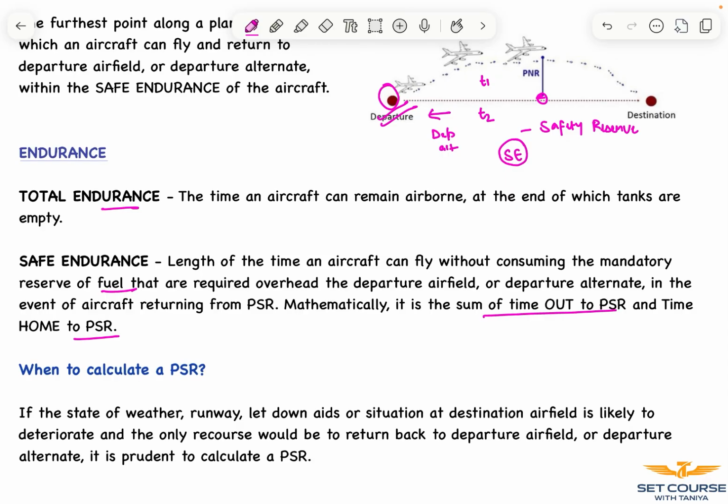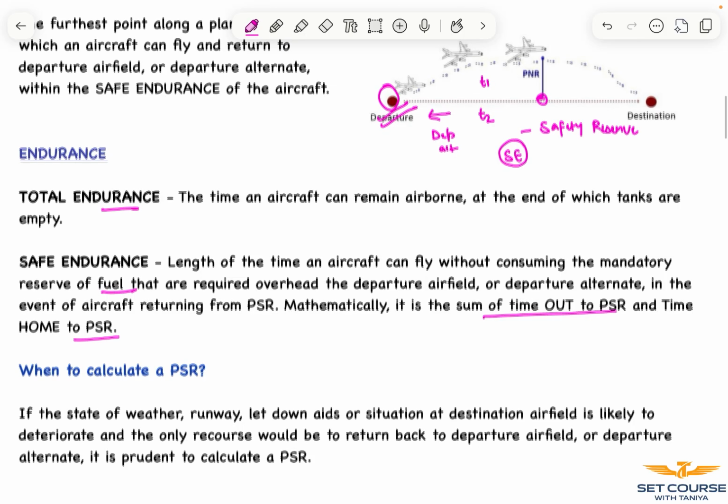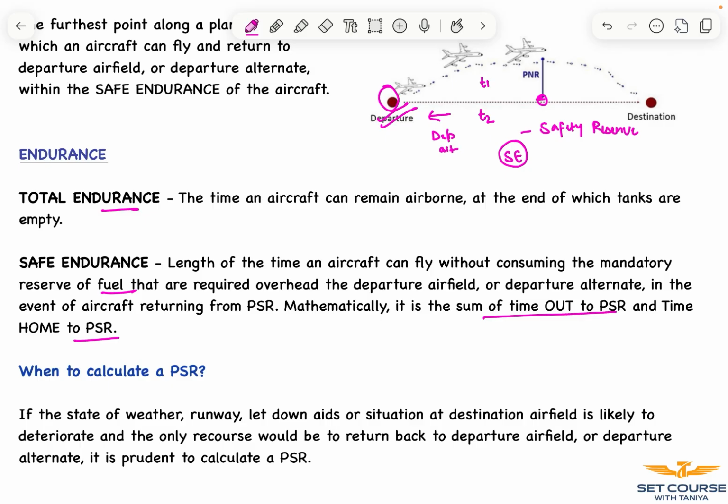Now, when do we actually calculate a PSR? If the weather, the runway condition, the nav aids, or any condition at the destination is likely to deteriorate, and the only recourse is to return to our departure airfield or the alternate, it is important to calculate a PSR. Moreover, in flight, at a reasonable time before the ETA for the PSR, the pilot checks that the destination airfield weather and the landing aids are acceptable for a period of usually 1 hour